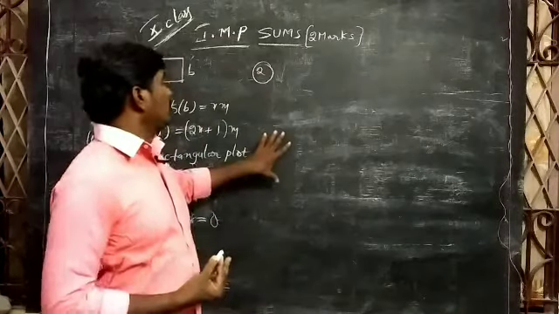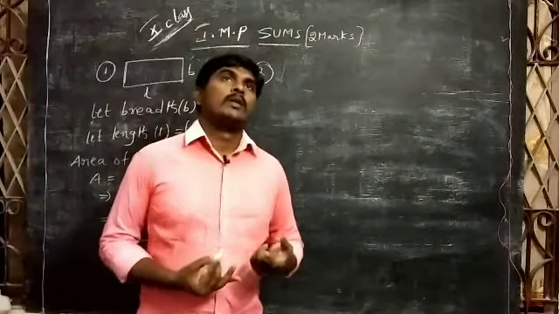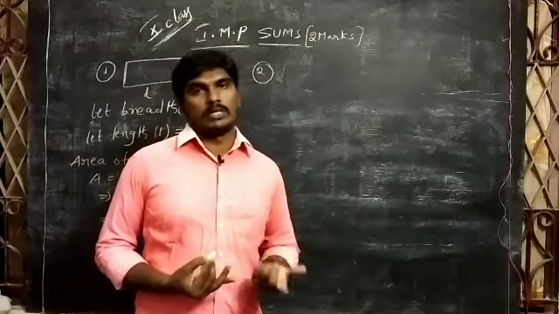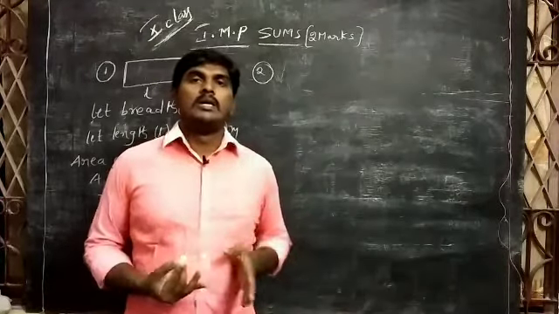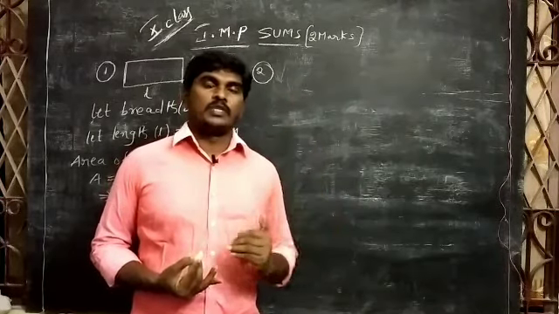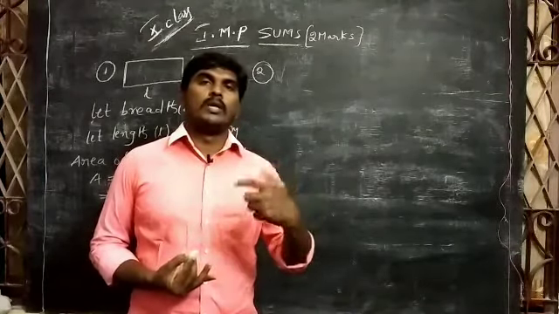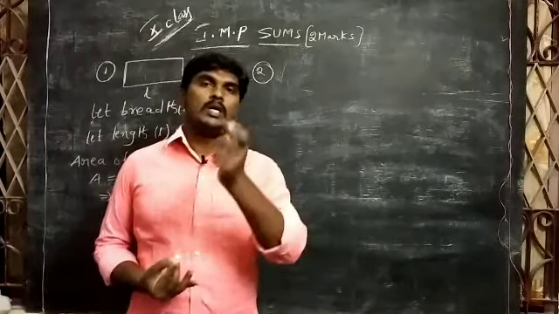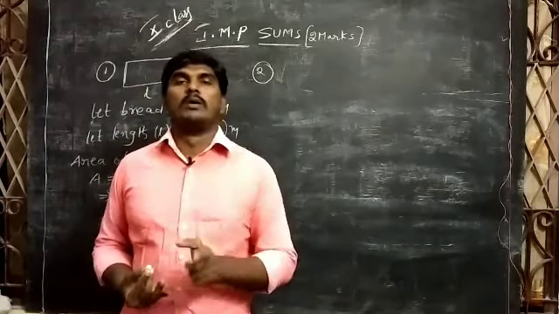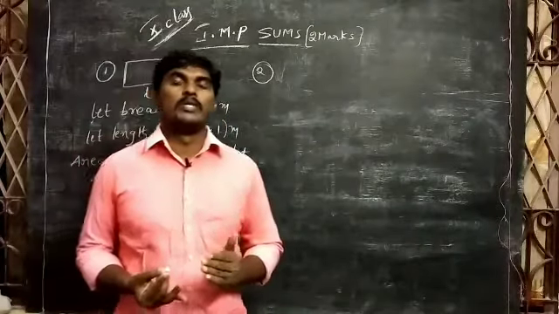Okay. So now take two consecutive positive integers. What are positive integers? In mathematics, positive integers are nothing but natural numbers like 1, 2, 3, 4. These are called positive integers. Suppose 1 is the first number, the next number is 2. How are we getting 2 from 1? 1 plus 1 is 2. Next 3: 2 plus 1. 4: 3 plus 1. 5: 4 plus 1. Like that. So you already got the point.